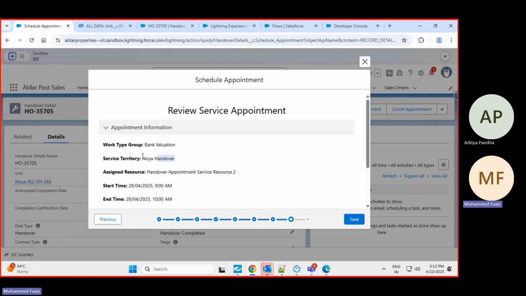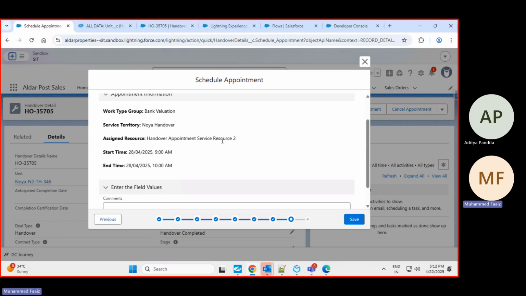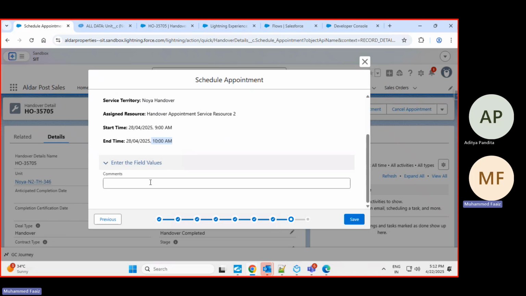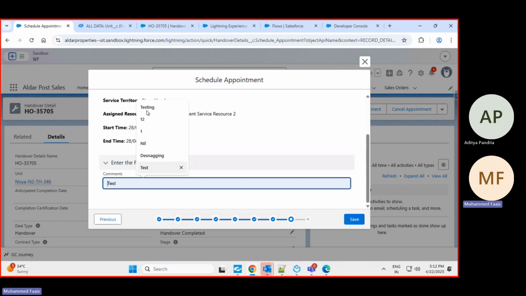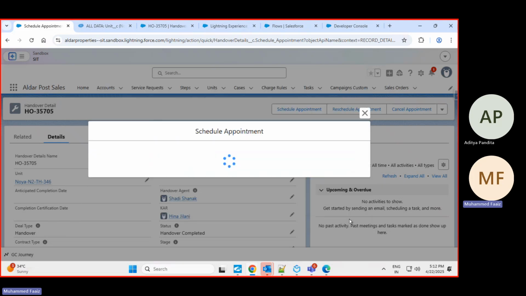I'll go through the flow, and when I do, I'll discuss this in detail. Then here, as the resource, it is showing the start time and end time. I've selected 9 to 10, so it will show like this. In comments, I'm just adding testing, and when I click on save,